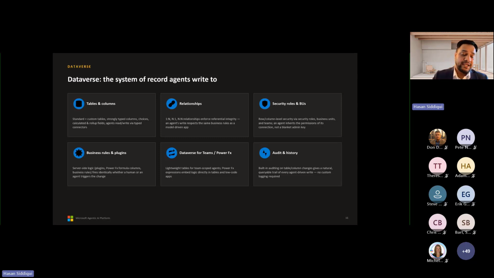Also through DLP policies we can control that. When we are setting up the environment, we can enable Dataverse or not, but for agentic AI we must enable it. That way tables and columns, relationships, security roles, and business rules we define, like server-side logic, plugins, Power Fx, and column-based business rules, everything we can define under Dataverse.